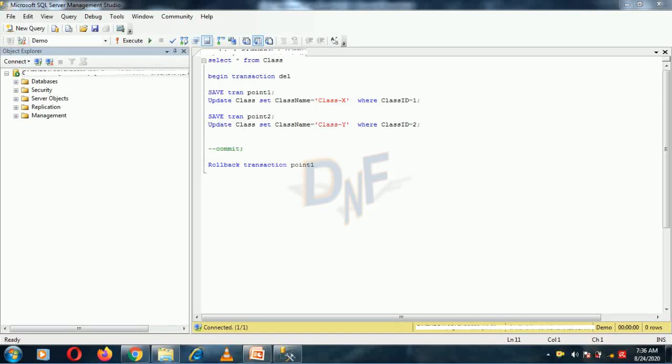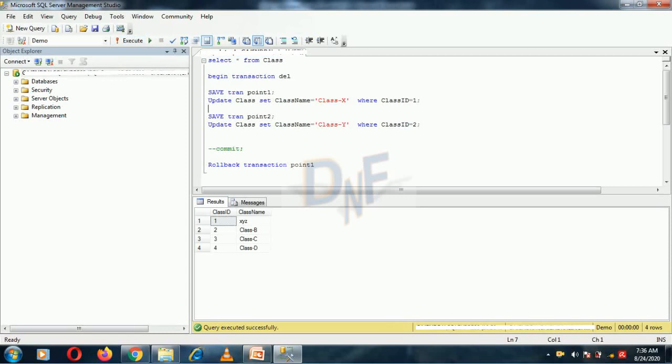Here's SQL Server, and I take the same example. I just take the class table, and I use a transaction. I just begin the transaction. I can put the transaction name, update table. So the save point is always written above the statement. For example, I want to put this first statement into a particular save point, so I put the save point name above this statement. So this is the pattern to write the save point in our transaction.